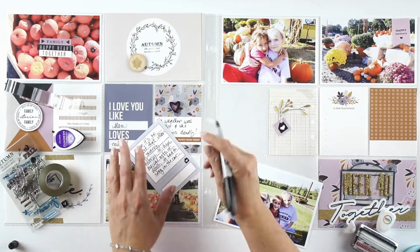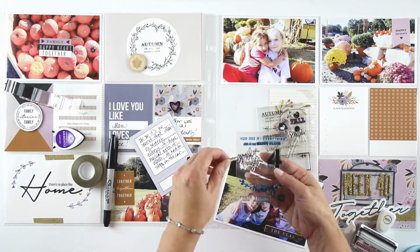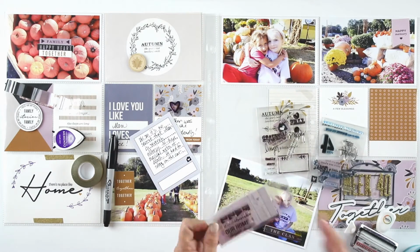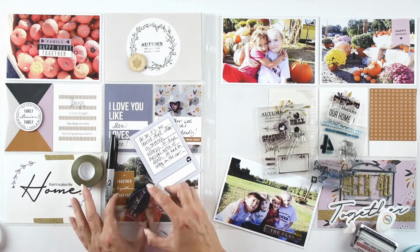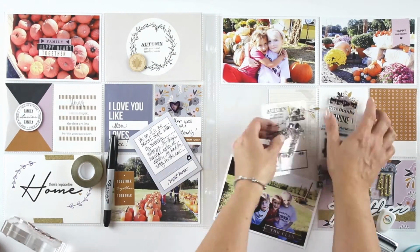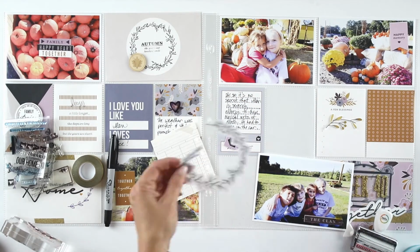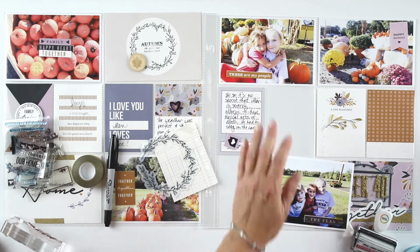I also selected one of the photos of just the scenery, all the pumpkins and all the flowers that they had for sale, and the pumpkins themselves. We might not be able to bring pumpkins home, but I can certainly take pictures of them, and I can put pictures of them in the album. So that's typically how I handle that in our Halloween and our fall decorating these days. No pumpkins here. I did buy some flowers that day,